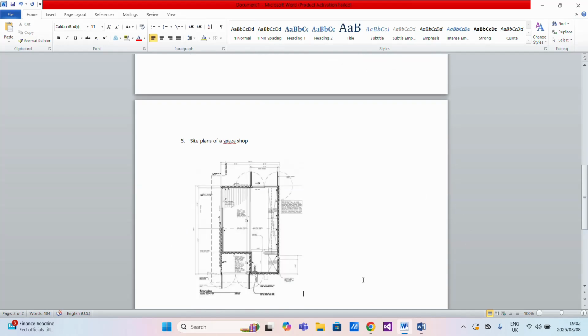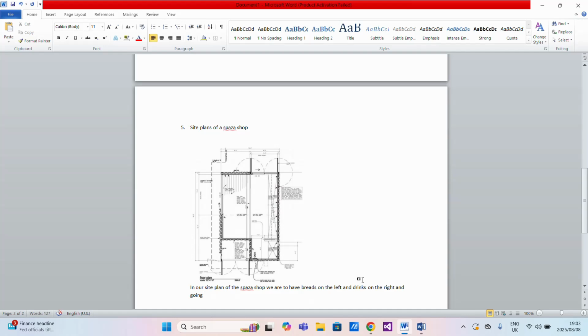Okay. Lastly, on our first work, we will say in our site plan of the spaza shop, we are to have bread on the left and drinks on the right, and going straight